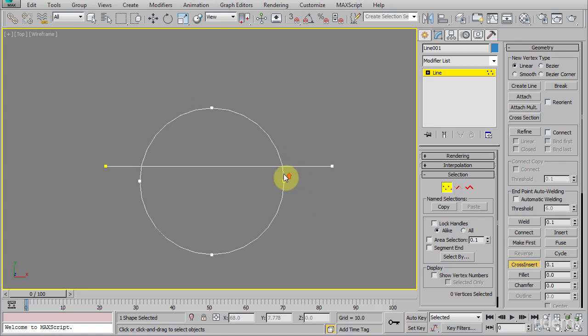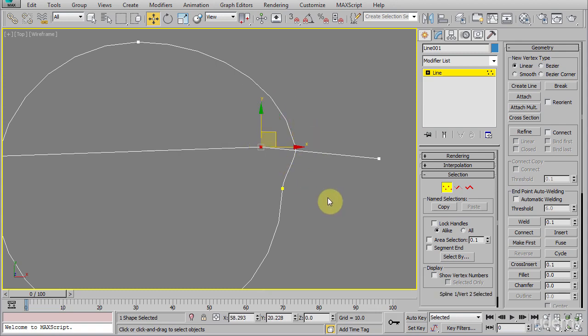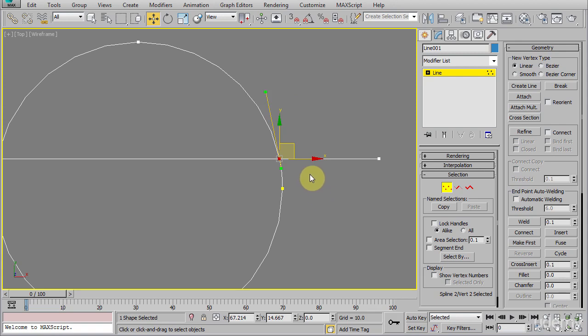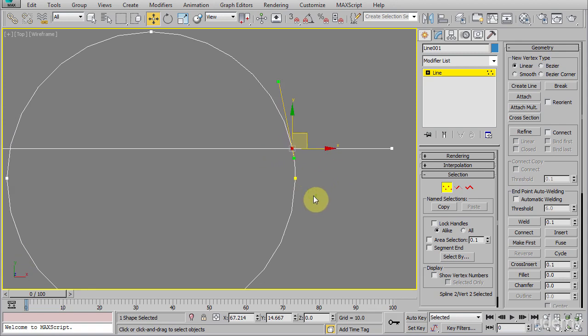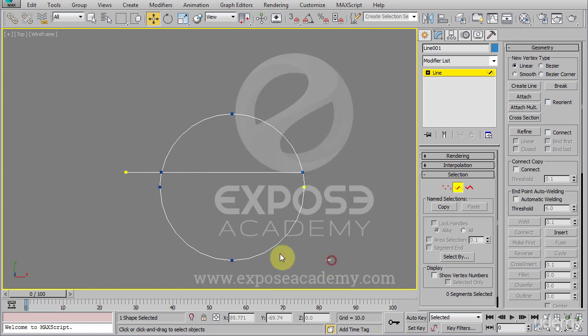Notice the mouse cursor changes when the intersection is detected. When we click on this intersection, it will create two vertices, one for the first spline and one for the other spline. So, what we see in here as one vertex are actually two vertices in the exact same position. Okay, now we're going to do the same thing with the other intersection. Now go to segment mode and delete all of these segments we don't need.